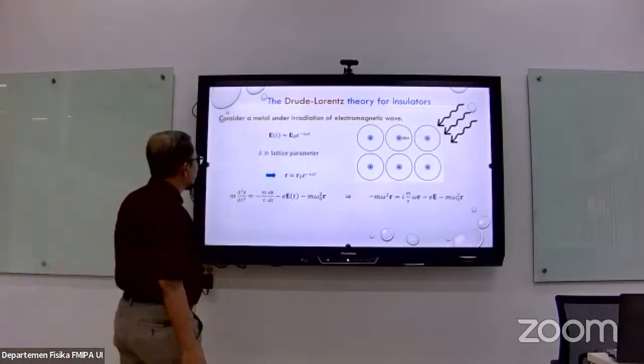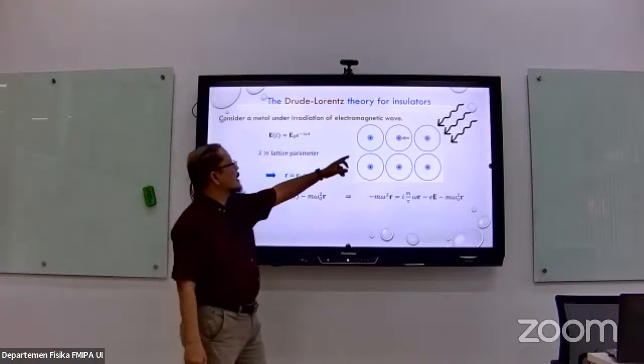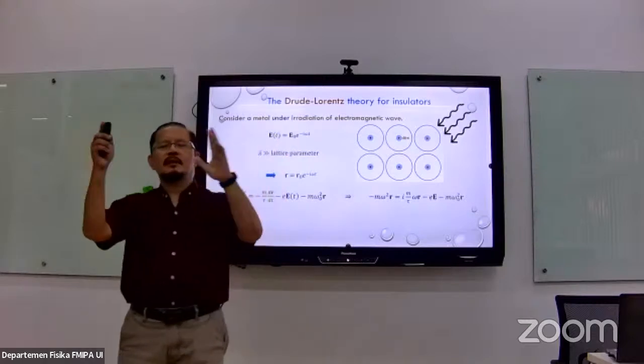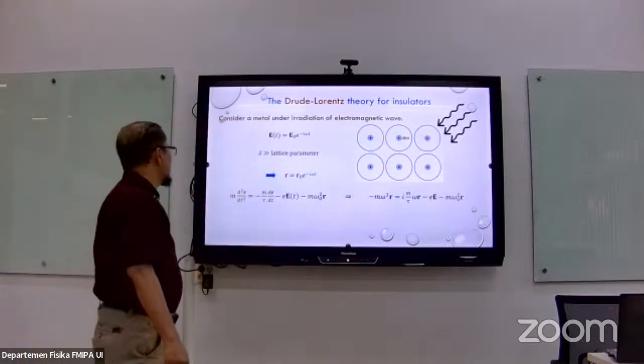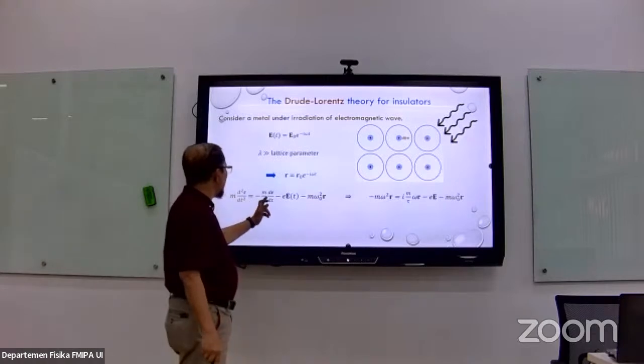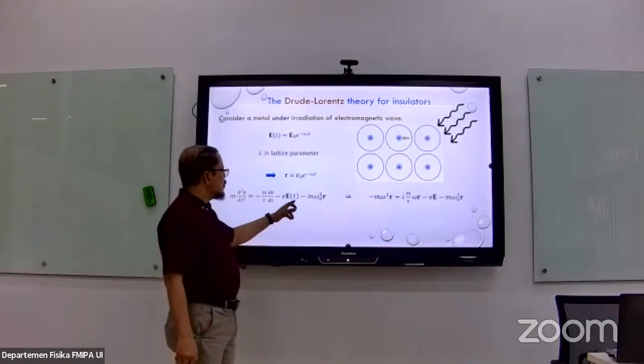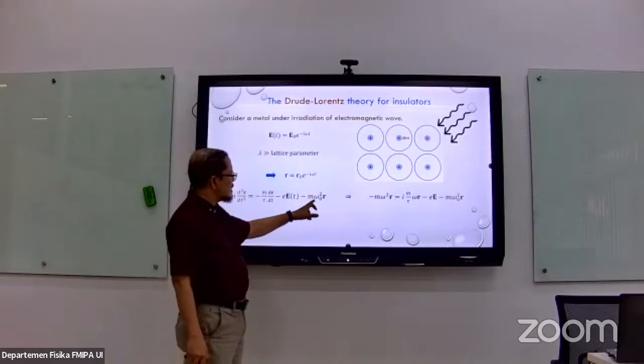Now they are actually bound like this. Of course, there is still motion. But all the other terms before this one are still the same. So we only add this term, which is